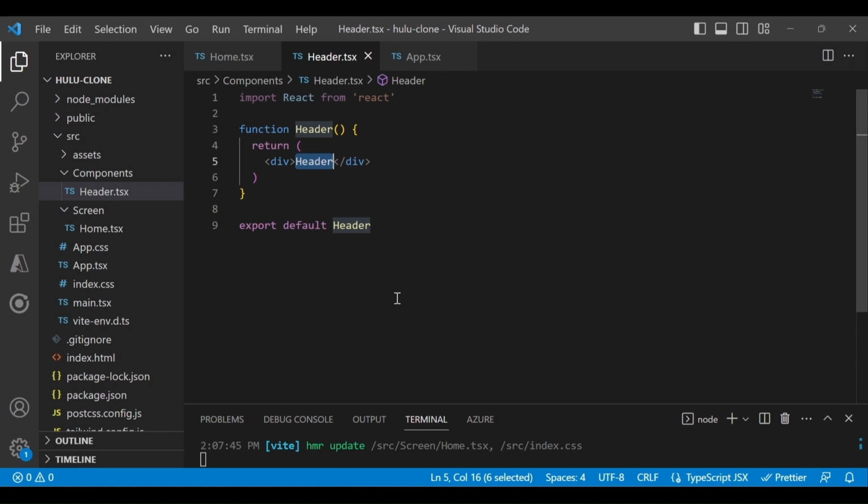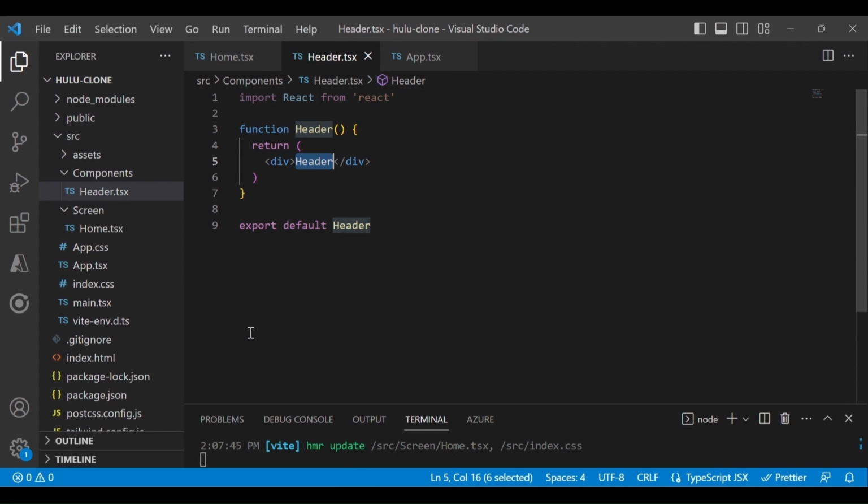So this is how we can import a component inside a component, and that's why React is so popular. Okay, it's similar to Angular if you know Angular, but if you don't, we don't have a problem because I will teach everything from scratch. So you know how you can import a component inside a component, right? That's the reason we are using this type of file structuring and not writing all the code in the same file.